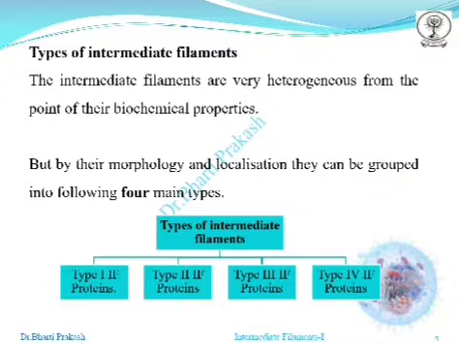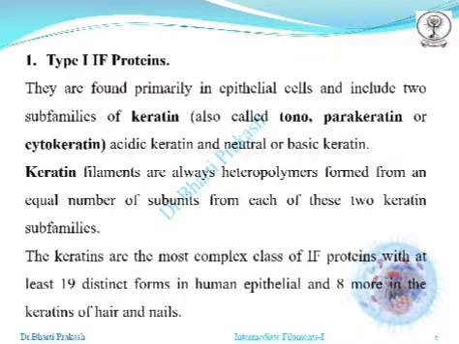Now the types of intermediate filaments. They are very heterogeneous from the point of their biochemical properties, and on the basis of these properties and their morphology and localization, they are grouped into 4 main types of proteins. Types of intermediate filaments: type 1, type 2, type 3 and type 4. It is on the basis of their proteins. Let us start with type 1 intermediate